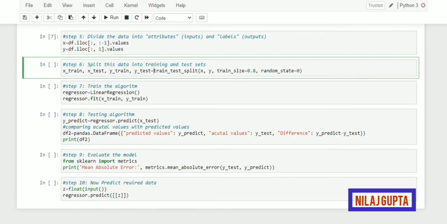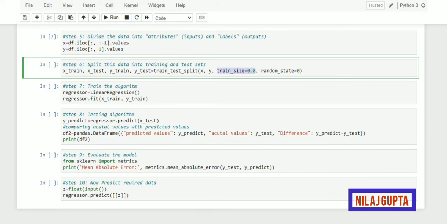As I told earlier, the function train_test_split is used to divide your dataset into training and testing parts. Here you have to pass your attributes and labels, and I set train_size equal to 0.8, meaning 80% of the data will be used for training and 20% for testing. Instead of this, you can also use test_size equal to 0.2.